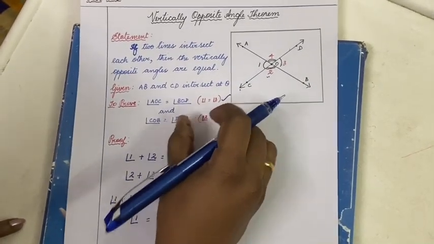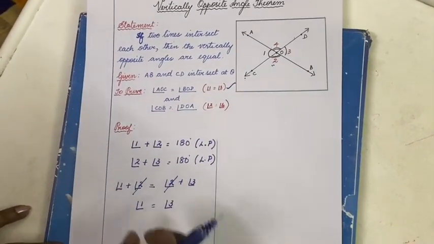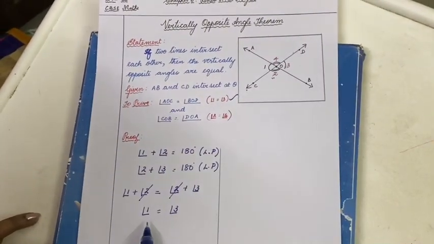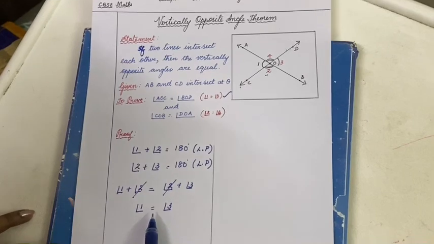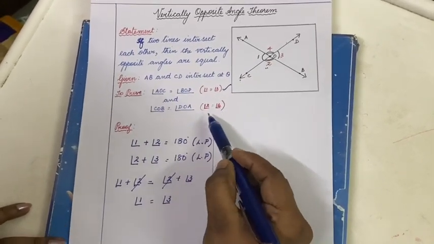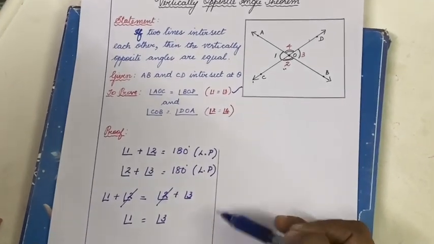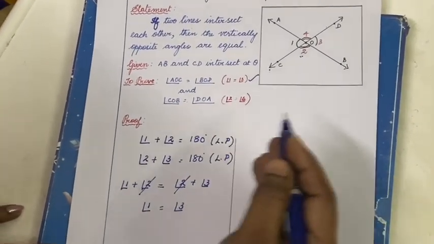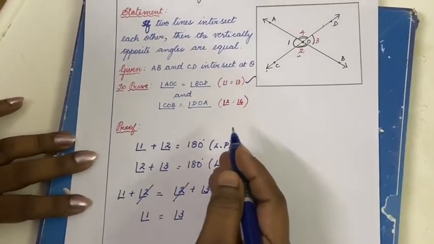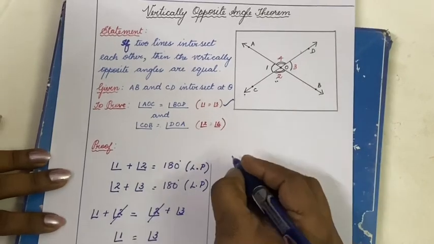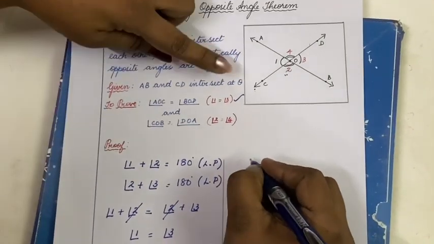Now the second part should also be proved. You cannot write similarly angle 2 is equal to angle 3 because it is a theorem. Angle 2 is equal to angle 4, sorry, we are going to prove that. Since it is going to be the same step, if you want, you can write one below the other. But generally when there are similar steps, I always teach my students to write it in a parallel way. That's the reason I have drawn a line here. And we are going to continue here to prove the second part.